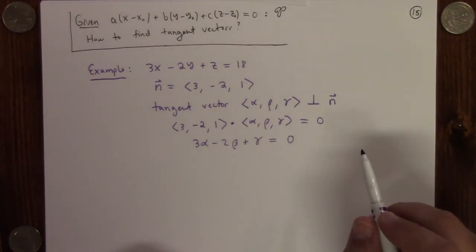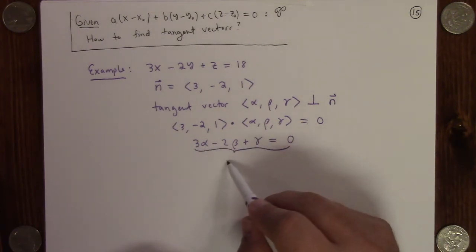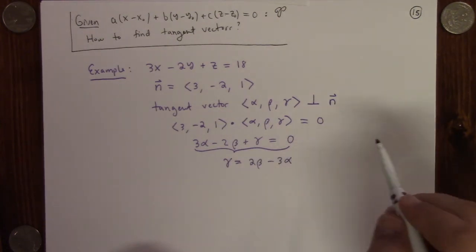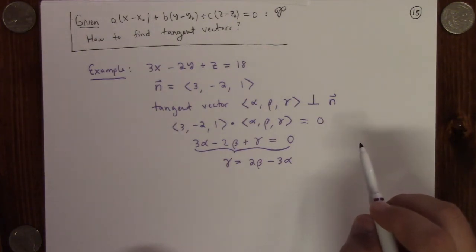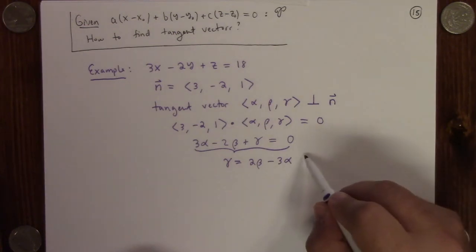Now, you may never have faced an equation quite like this before, but you should have, because you had linear algebra. We could do something simple, like just say, okay, so gamma is 2 beta minus 3 alpha. And what that basically means is we can choose whatever we like for beta and alpha, and it'll give us a different gamma, right? So like,